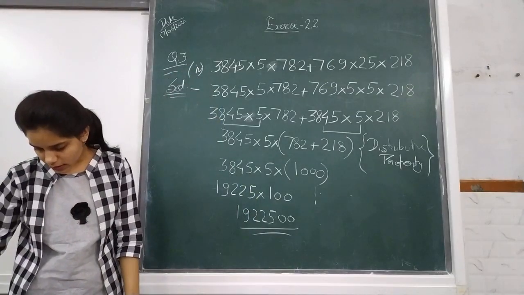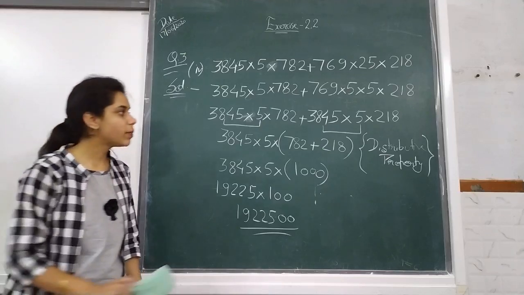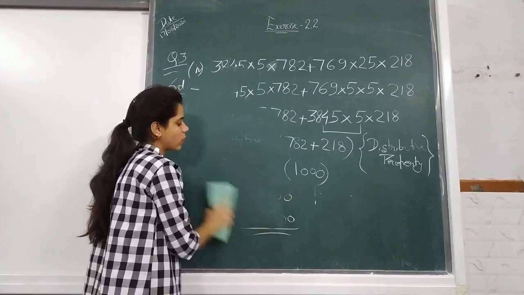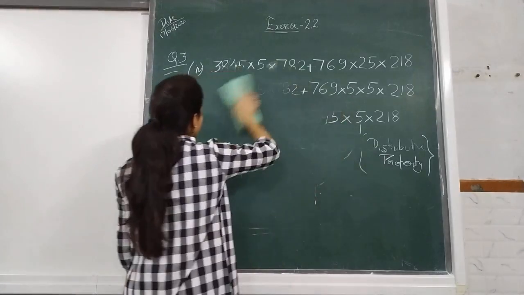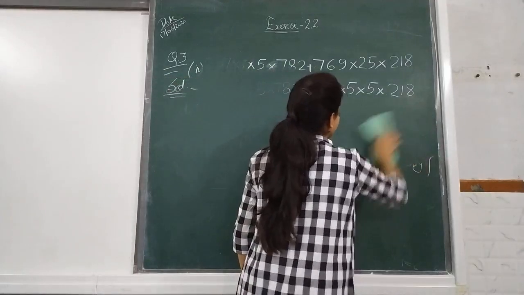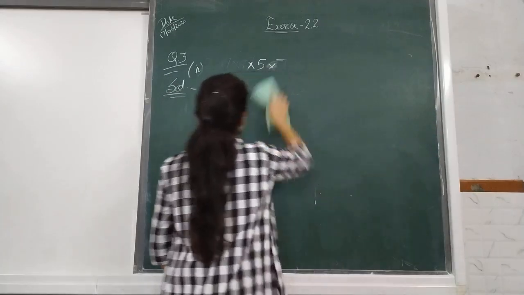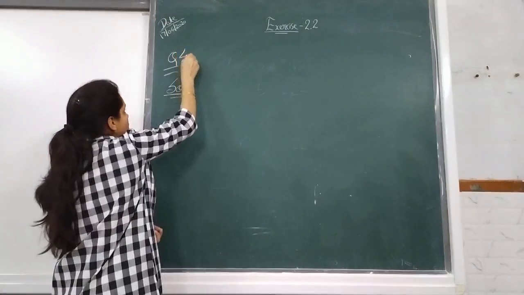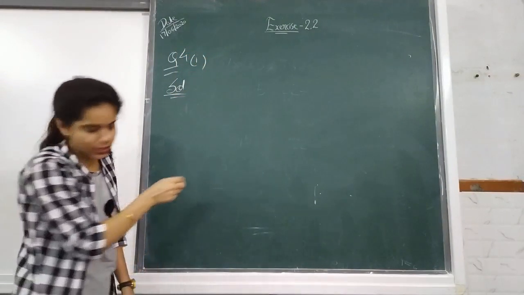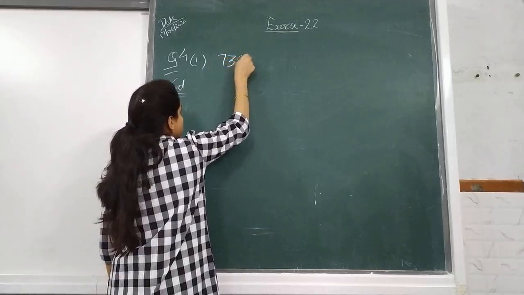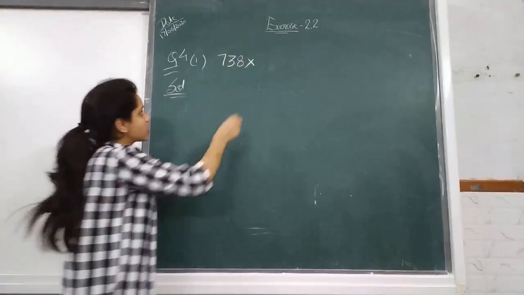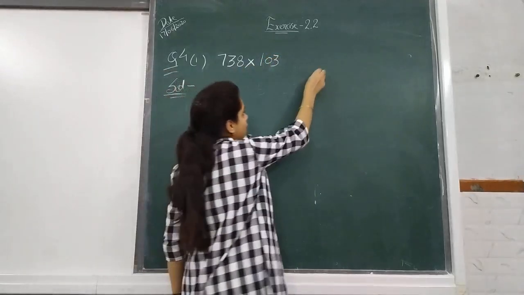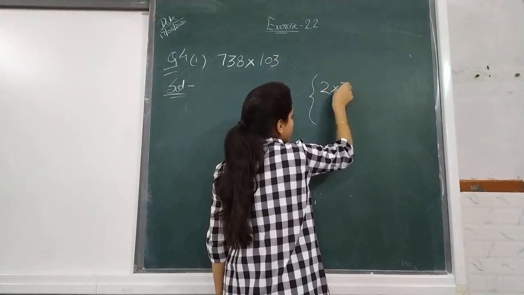Question number 4 is find the product using suitable properties. In question number 4 we have to apply a suitable property like this only, right? Now its first question is 738 into 103. Now in question number 3 we saw that if we are applying the property, it was like this,